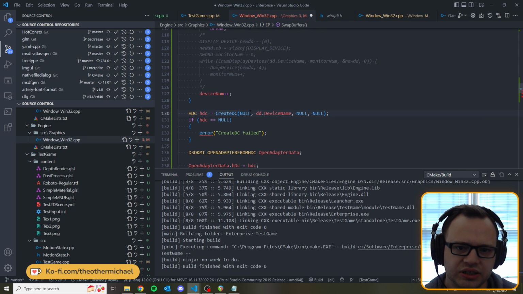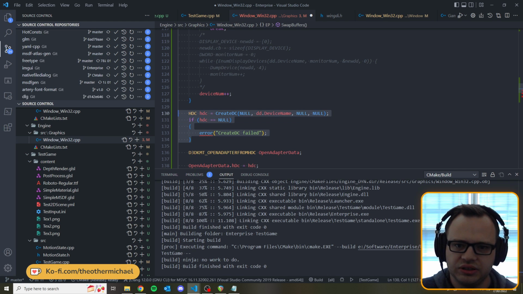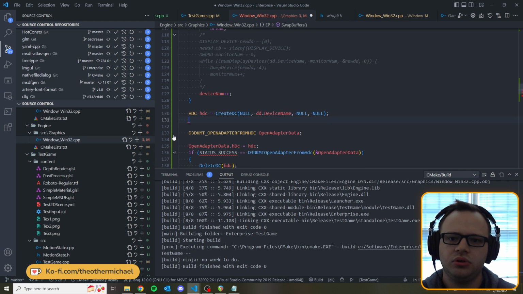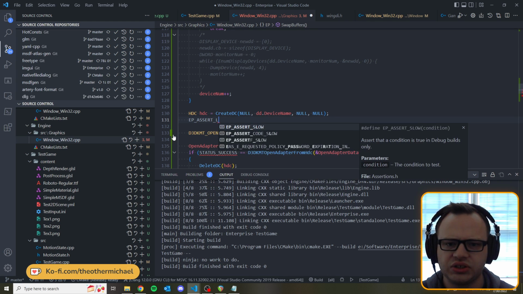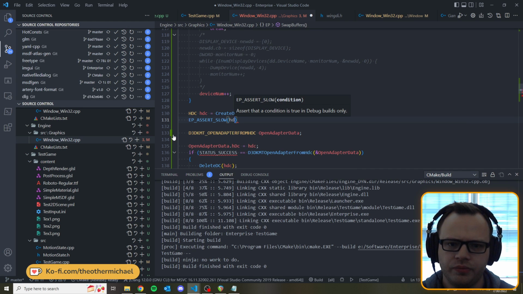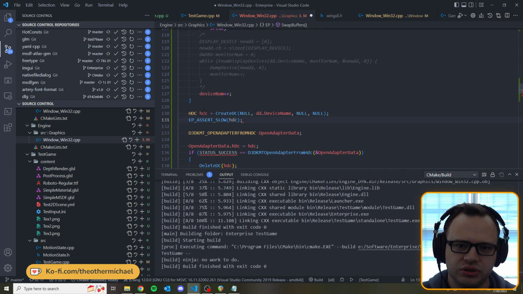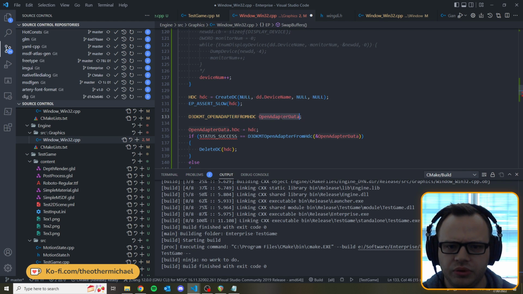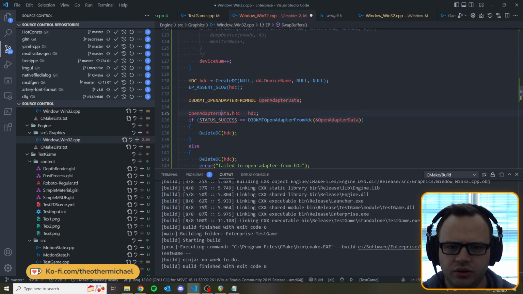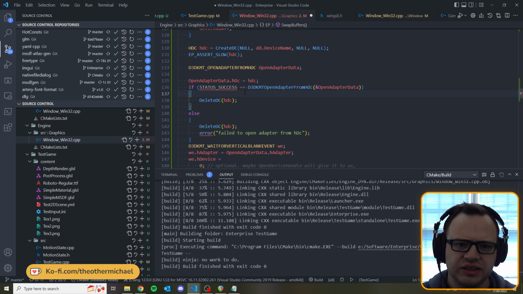We create a device context for it, and then if it equals null, then we have a problem. So I'm going to write this a little differently. I'm going to do EP assert. Actually, I'll do EP assert slow because I'm going to be doing this every frame. So we'll assert that this is a non-null value. And then we open adapter data, HDC, if status success,